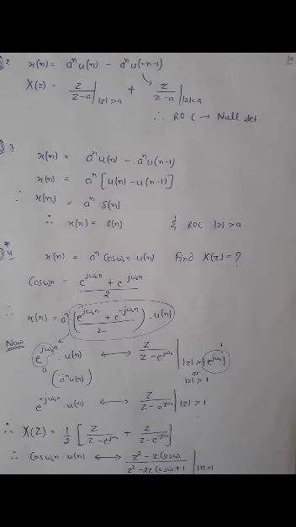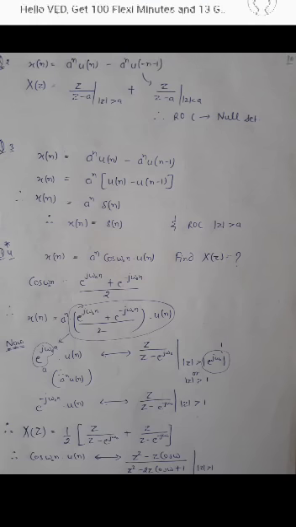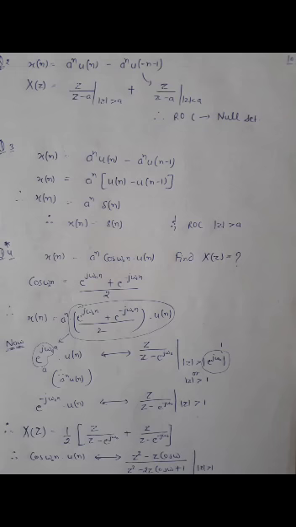Let's come to the second example. x[n] is equal to a^n u[n] minus a^n u[-n-1]. Similar to the last question, we can write the answer directly: X(z) is z upon z minus a with mod of z greater than a, the first part, plus the second part, z upon z minus a with mod of z less than a. The first part says the ROC is greater than a, and the second part says the ROC is less than a. So in that case the ROC will be a null set. This is the important point of this question.